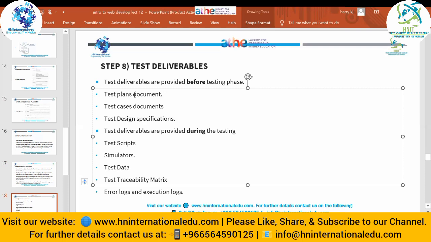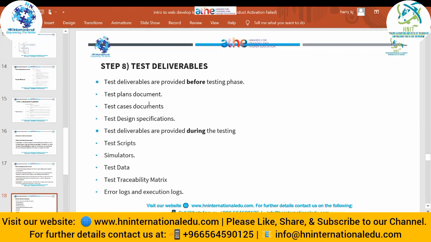The client can easily see the documentation, the testing plan, the cases documentation, and the test design specification. So before the testing phase, we have to write it down in document form. Then during the testing phase, we have to provide the test scripts, simulators, test data, and